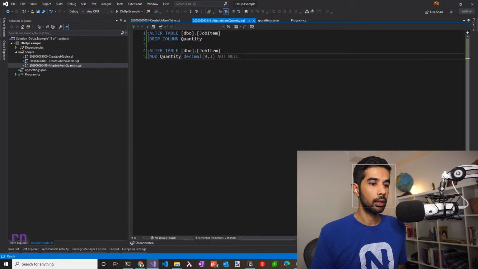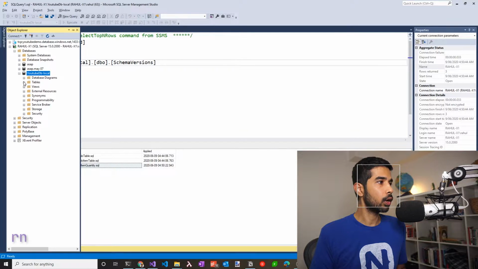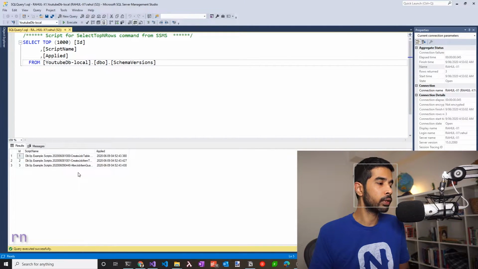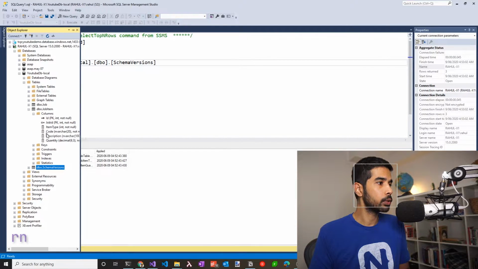So let's close this, go to the database again, refresh it, and you can see the new database that's coming here. And you can see all the tables that are created in here. The schema versions table would also have all the files because it ran all of them at once. If you look at the job item and the columns, it's going to be a quantity decimal. So it first goes to be an int, but immediately the next script overrides it to become a decimal. So you can see these SQL scripts are layered on top of each other, run sequentially, and keep your database in the state that you want.